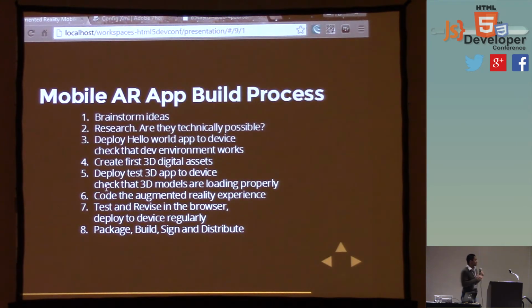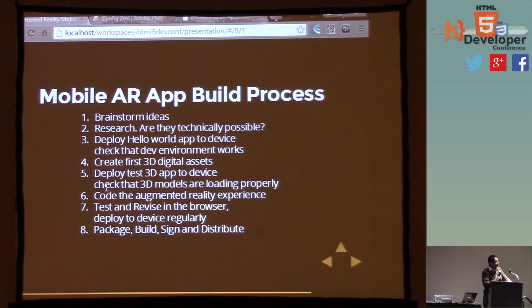Okay, so when you're making augmented reality apps, a lot of time usually goes into brainstorming what kind of experience you want to make. A lot of times it's good to have a really wide realm of ideas to work from, because that'll make the experience more fun. But then you have to wonder, can we actually do this? If it's something that's already been done, then that's easier to figure out. If it hasn't been done, then you have to do some testing.